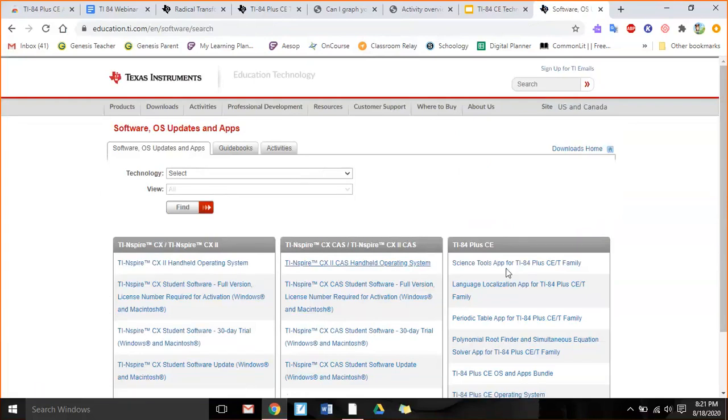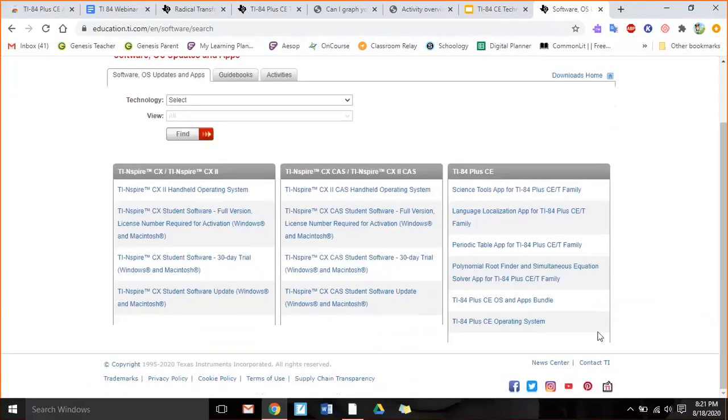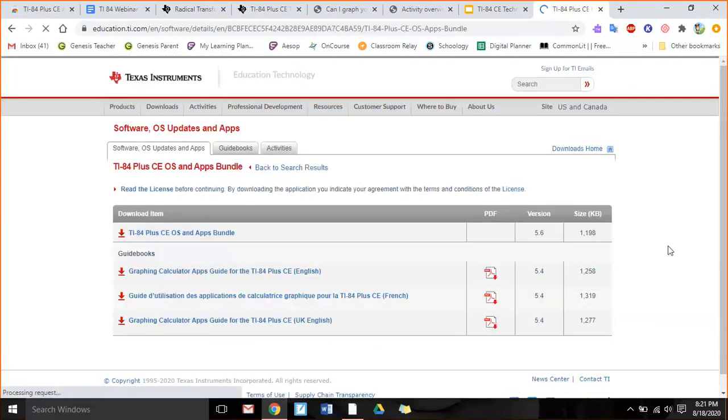I'm working with the CE, so that's over here on the right. And if you click on this one, the OS and apps bundle, it should come in that. So you would just re-download this. You can push them out to the calculators if you're in person. If you're not in person and the kids have their own calculators, they can connect and do this themselves from